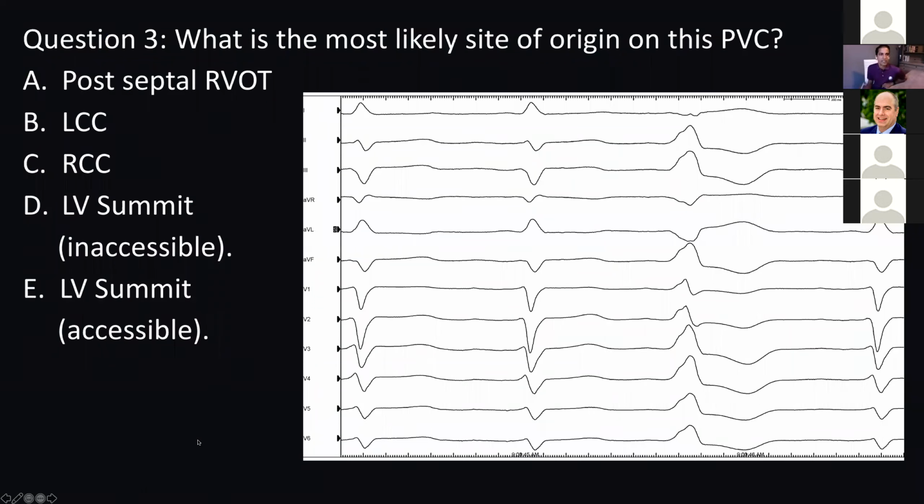So let's take question number 3, just going along the same thing. What is the most likely site of origin for this PVC? The choices are A, posteroseptal RVOT, B, left coronary cusp, C, right coronary cusp,